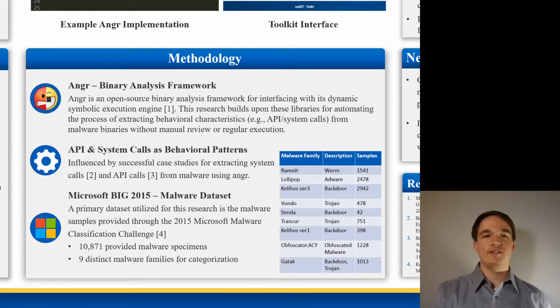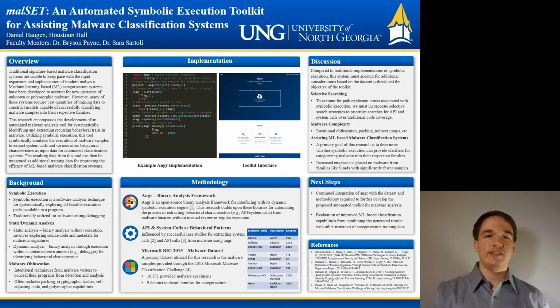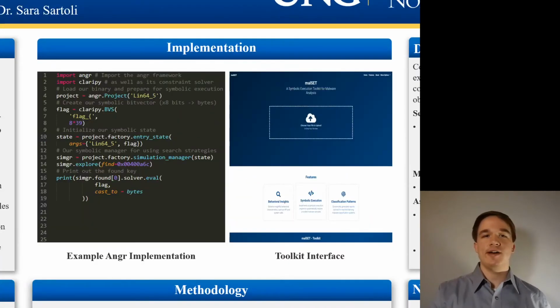novel malware classification strategies. Now, if we look closer at the implementation section, on the left-hand side we have provided an example implementation of a short Python script utilizing the angr framework to dynamically extract a key from progressively more complicated binary files, where a single short script like this is able to systematically explore a program to find the target information that we specify in the search parameters, which in this case was a simple key, but with a more advanced script could extract, say, a ransomware decryption key that could neutralize an instance of ransomware without having to pay the ransom fee to recover a system.